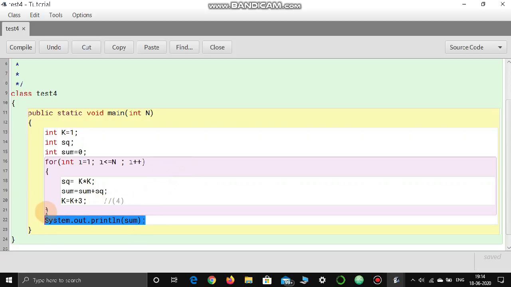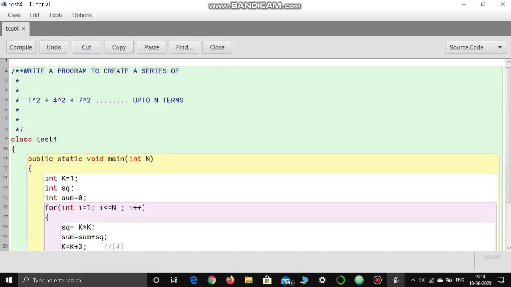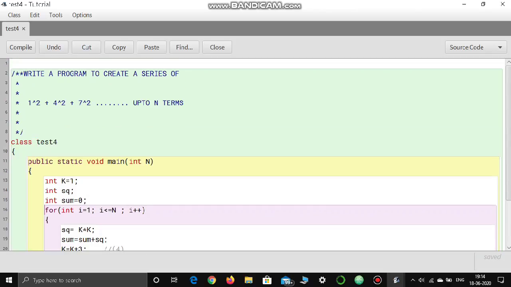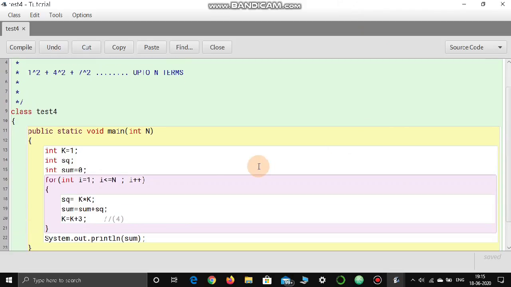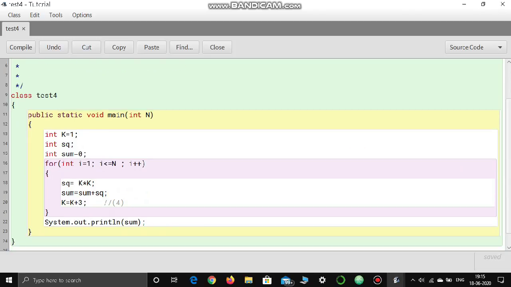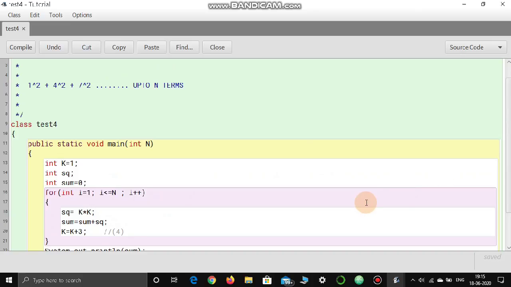So before this line gets printed, the control statement again goes to this part, this line where we have updated values. We have updated values, just like updated transfer market values for football players before every season happens. So these are our updated values, and we get to see that again the square value gets changed, and again this sum value gets changed, and again this k part is changing. Now it comes to this print statement and prints the result after doing this iteration for n number of times.